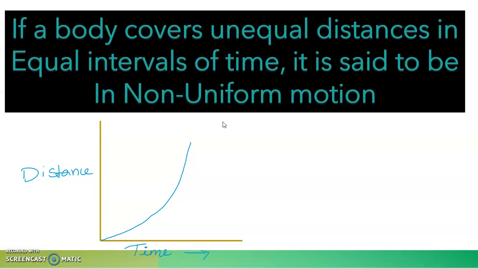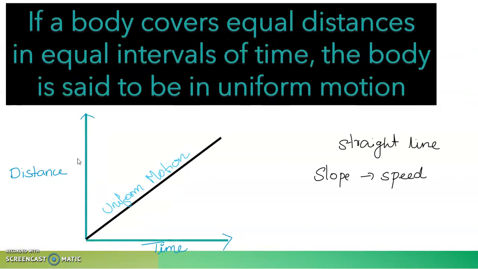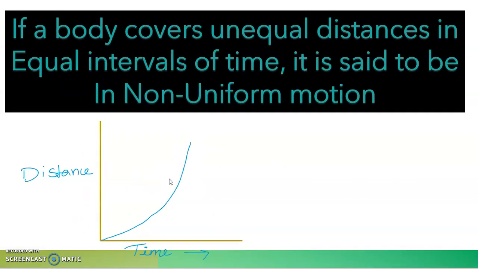Okay, so how do you represent that motion in the form of a graph? If the object is undergoing non-uniform motion, then the distance time graph is going to be a curve. It's not going to be a straight line. So here we can check at any instant what is the distance traveled by that object. Similar to our distance time graph for uniform motion, at each and every point we will not get the same slope. Here we will have different slopes or different speeds for different time durations.